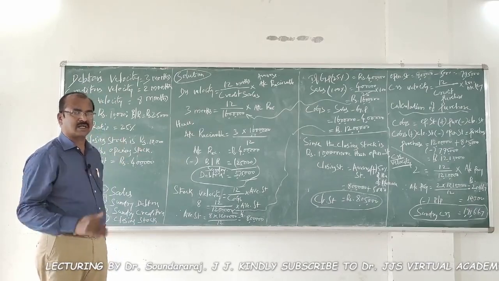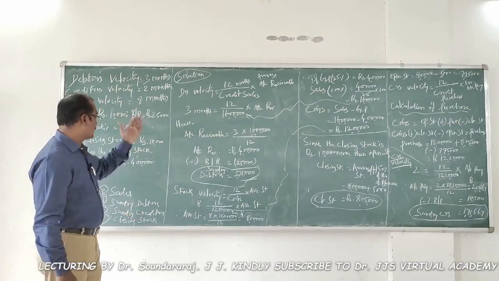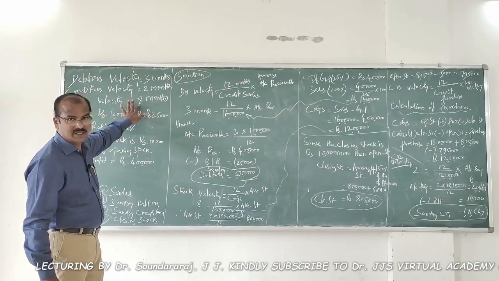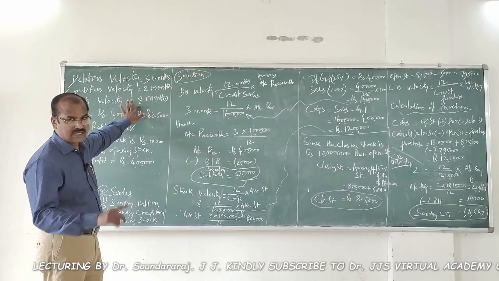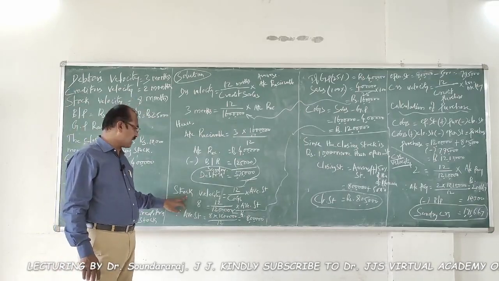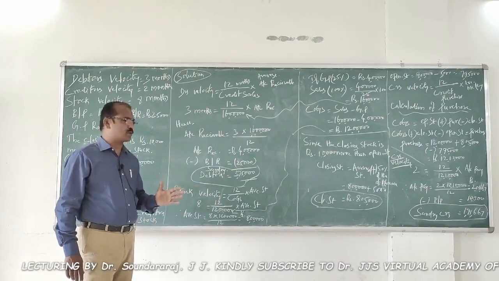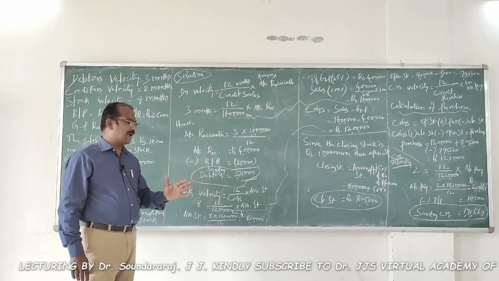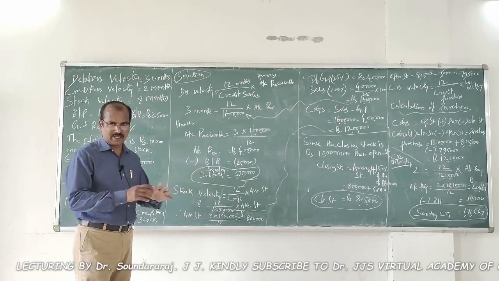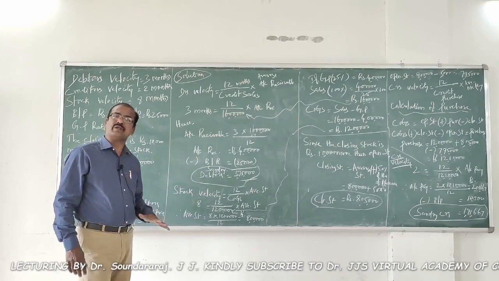Now, let us continue the solution with what is that? Stock velocity. In this problem, stock velocity is given in terms of months. So, 8 months. Let's write the formula for stock velocity. Stock velocity is equal to 12 months divided by cost of goods sold into average stock. What is that? Into average stock. If it is given in times, what would be the formula?